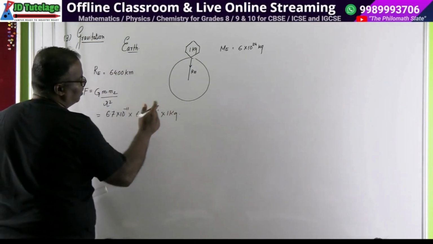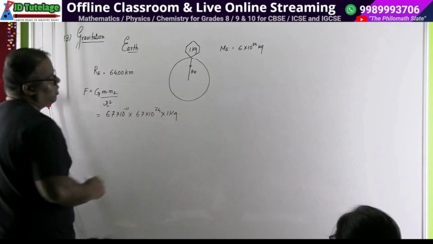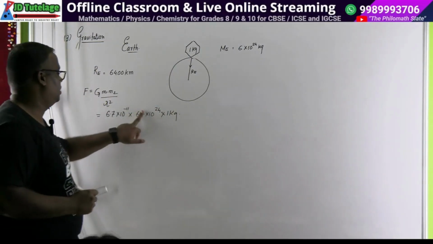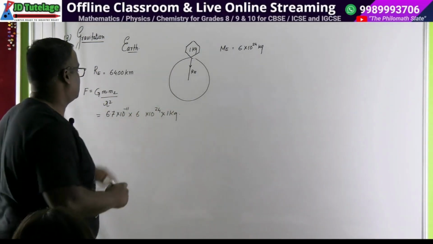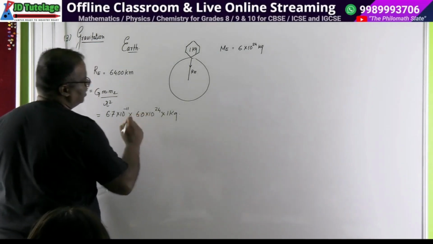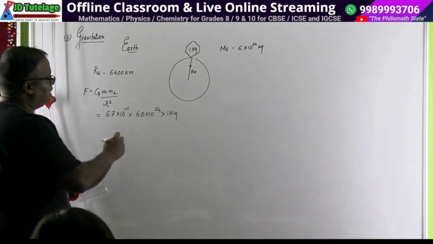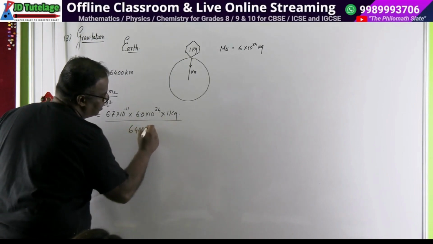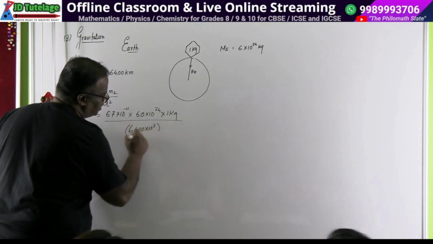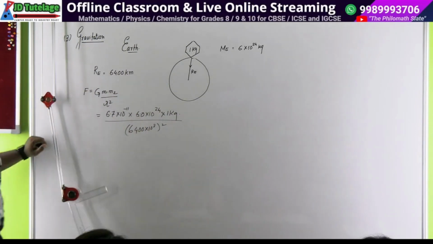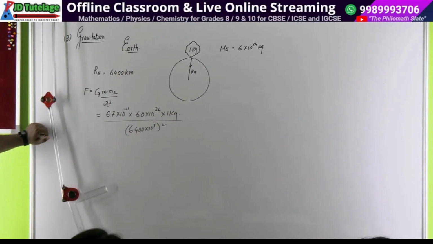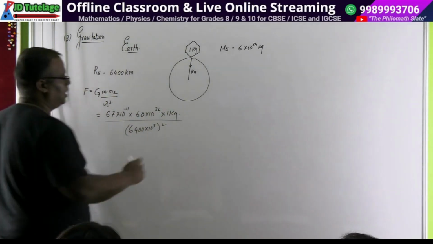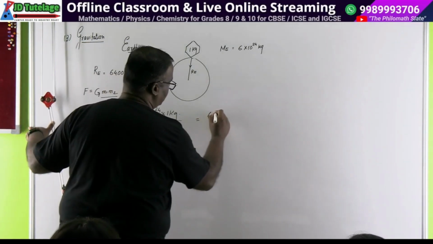Oh, 24, sorry. 24. Okay, this is 6.0. ठीक है, 1 kg divided by r square. So 6400 kilometers means into 10 to the power 3, so many meters square. ठीक है, इसको ऐसे ही करने की कोशिश करें, पहले इजी सिंपल में करते हैं, बिना कैलकुलेटर के देखते हैं।